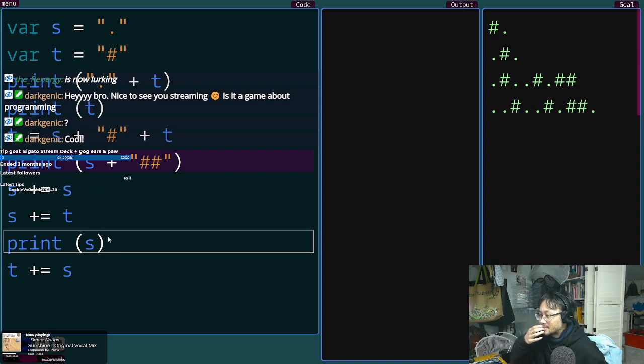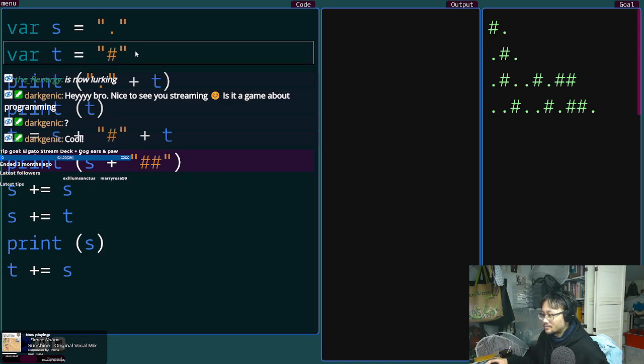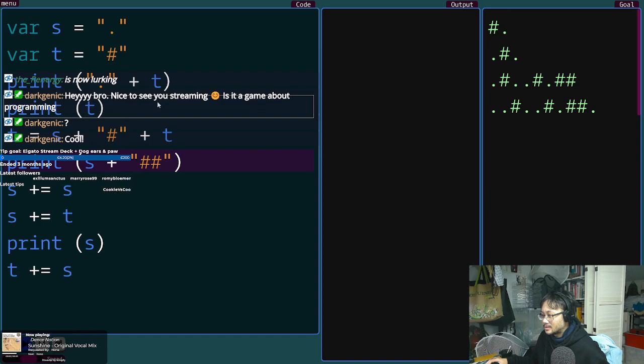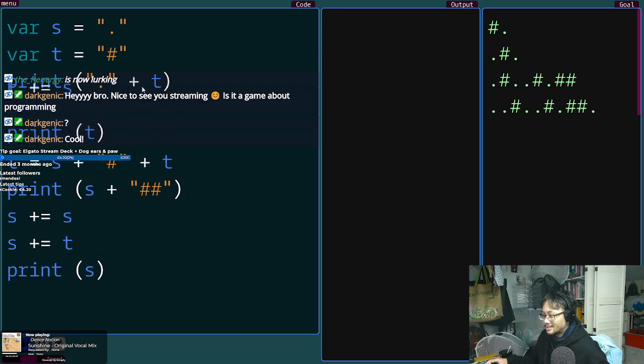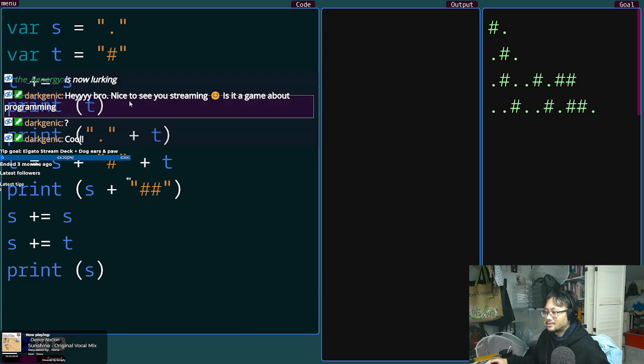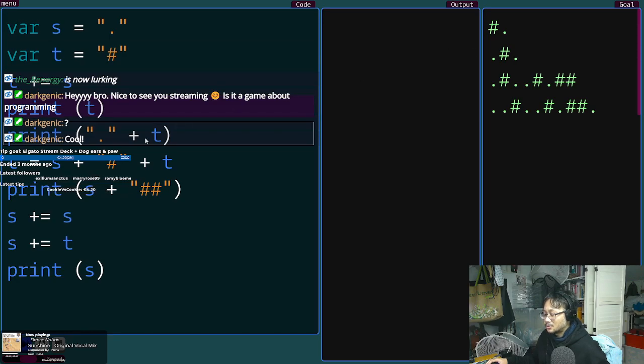Hmm. So we need to start with T. Oh, okay. So if we do T plus S, then we can print T. Next, we need to do dot. So then we can do this directly after that. But we need to keep in mind T is still